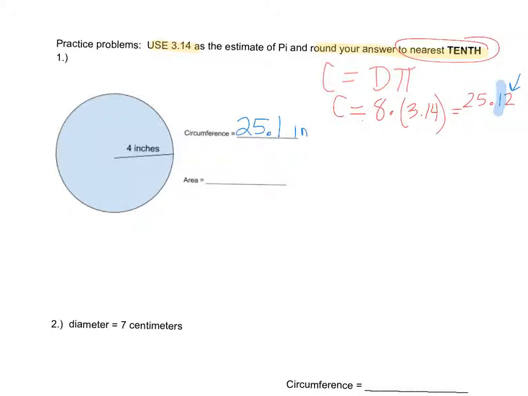What is the area of a circle's formula? Pi r squared. What is the r? Radius. The radius is 4. Remember that order of operations says you have to do exponents before you multiply. So what you're going to do is write down 4 squared and then times pi. 4 squared is 16, and when you put 16 times 3.14 in your calculator, you get